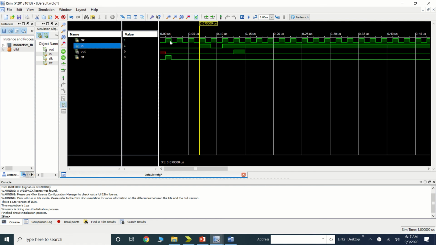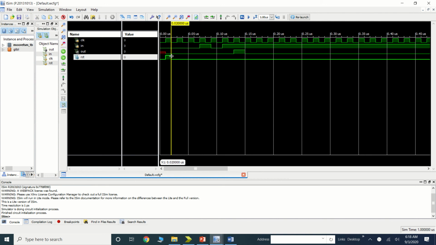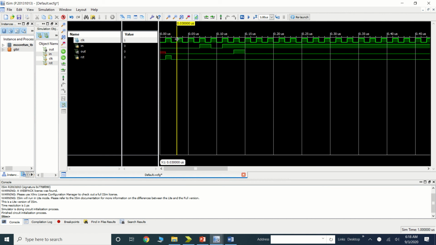Okay, now here we'll check when the reset equal to 0. So here reset equal to 0, but we'll check at the pulses of the clock. So this is the pulse of clock, the input equal to 0, the next pulse of the clock, input equal to 0. Here my clock 1. Okay, so we are getting the first bit of my sequence, the next again the desired bit 1 0, and the next is my 1.